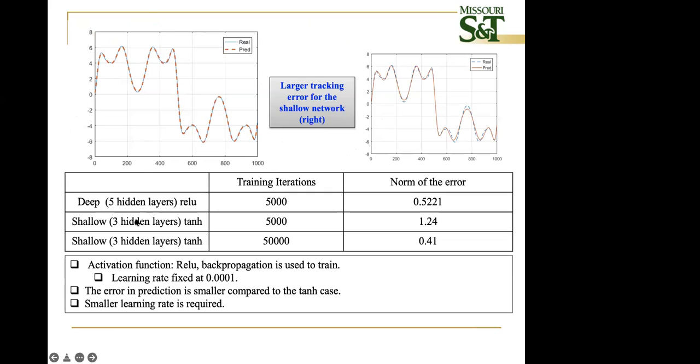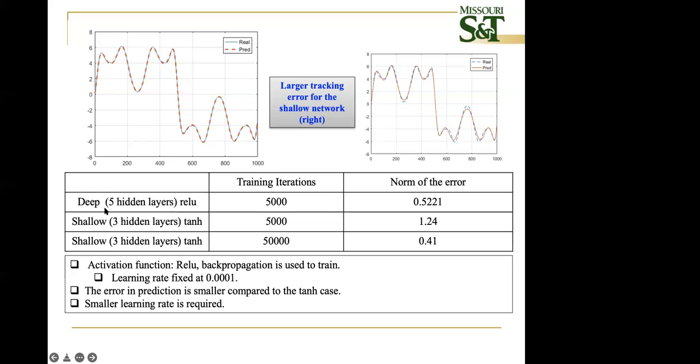So what we noted was that with our method, we can actually use shallow networks, which is 3 hidden layers, and we can even reduce the number of iterations. So as you reduce the number of training iterations, you can see with 50,000 training iterations, the error is very small. As you reduce the number of training, the error slowly increases, okay?